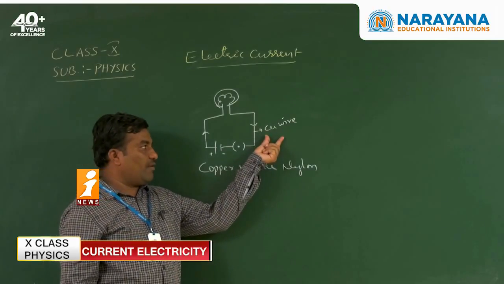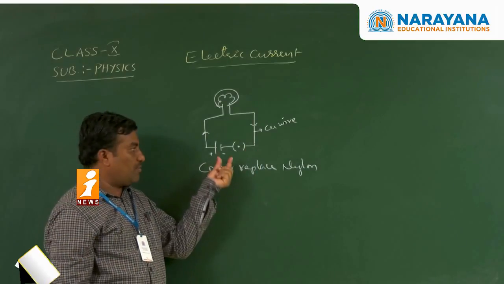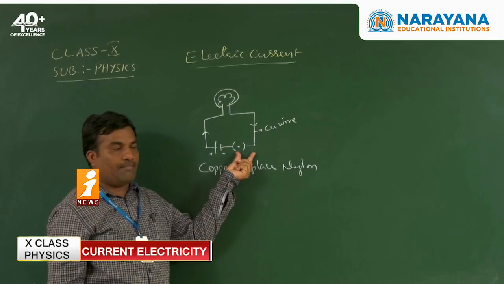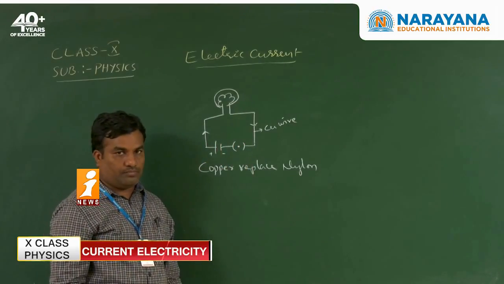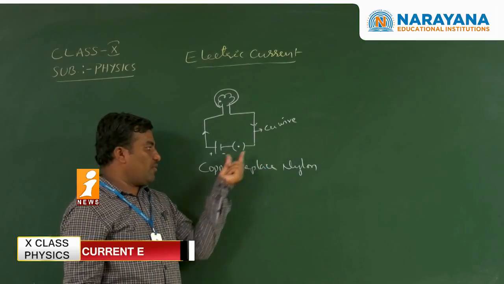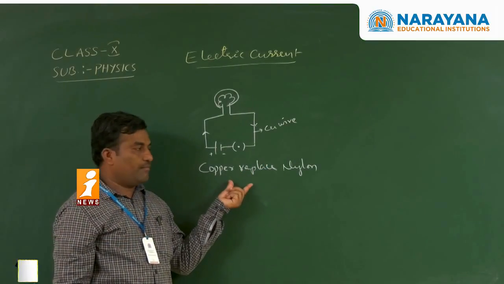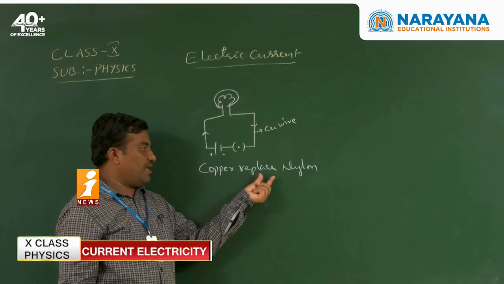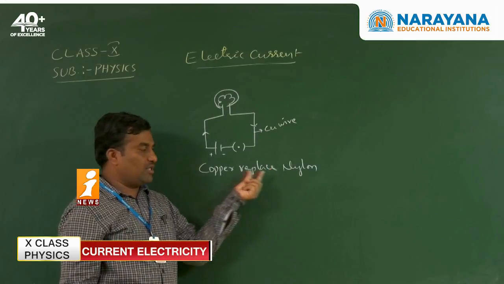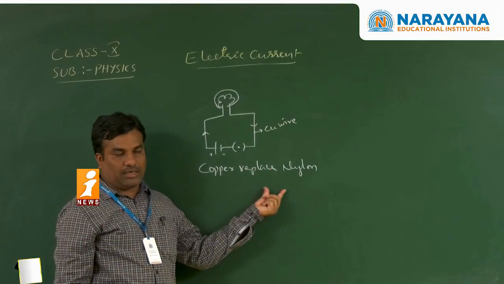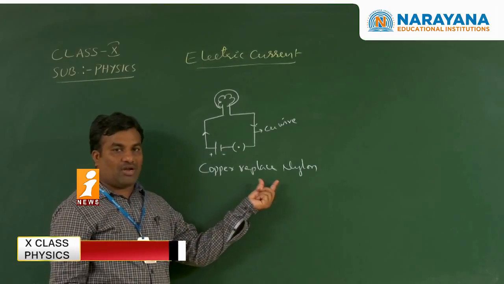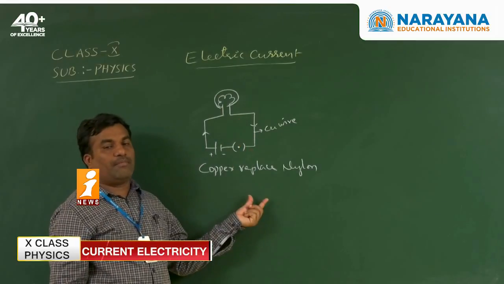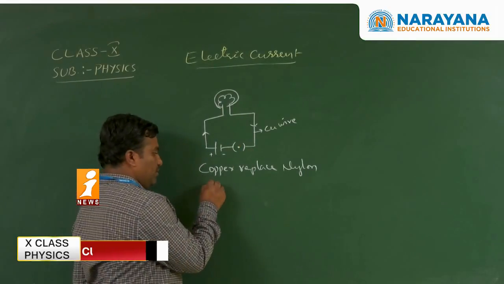Okay, so when we connect copper wire to the terminals of the battery through the bulb and key, when we press the key, the bulb glows. But in place of copper, we use nylon, and the bulb does not glow. It means the substance plays an important role. So that's why copper is a good conductor. The material which transfers energy from battery to bulb is called a conductor.